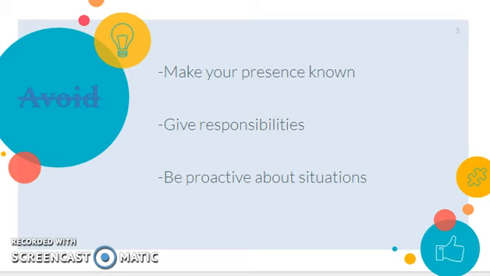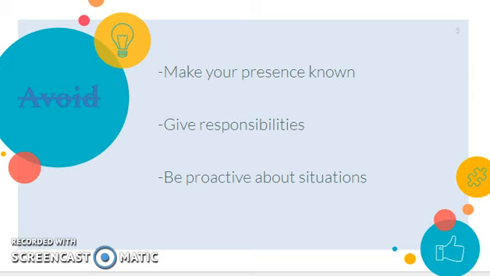You want to make your presence known so that they know that they are being watched and observed and that their actions are being monitored. Some ways to make your presence known are to do class visits, frequent drop-bys, and have visits with them throughout the week. Another thing to do to help with ineffective teachers is to give them responsibilities. Even if these responsibilities are small, it shows that you are expecting them to do work to improve the school and to help the students.